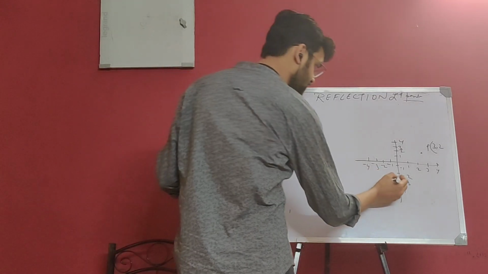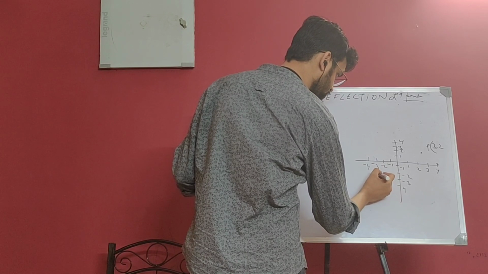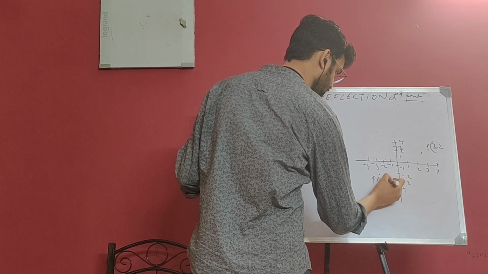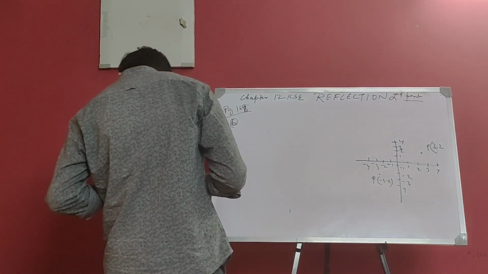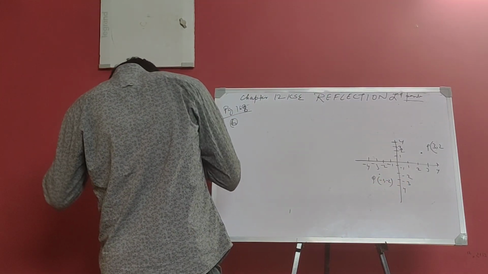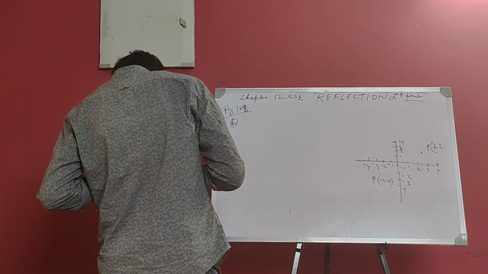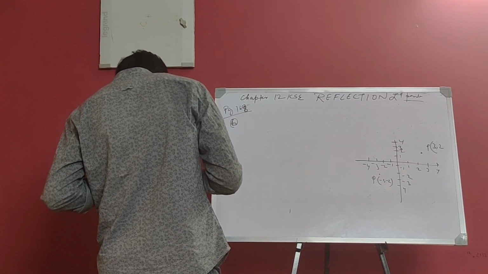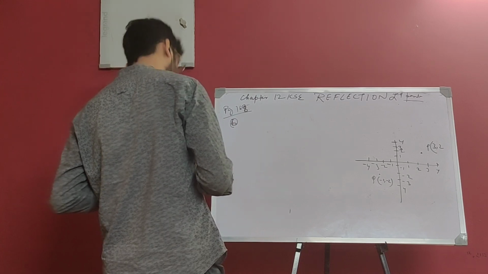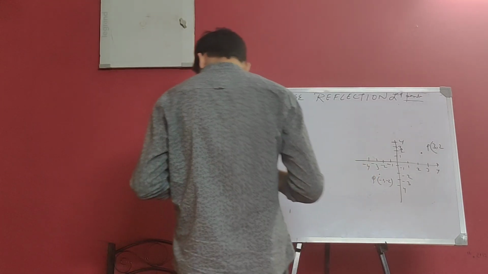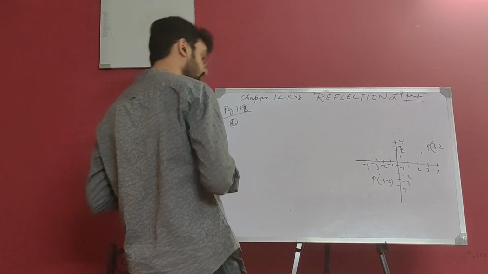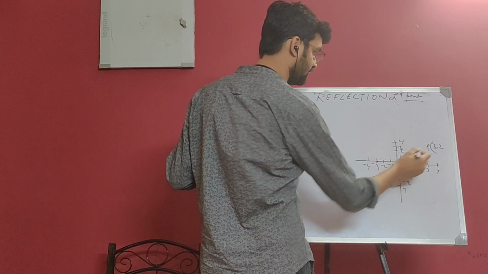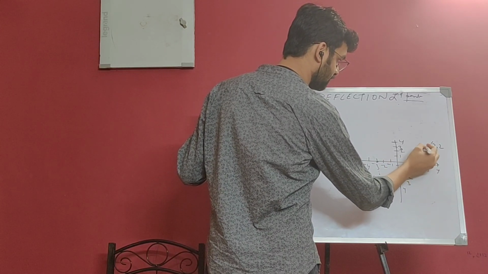So my value will be somewhere here, minus 3, minus 2. So this is my value of Q, minus 3 and minus 2. Okay. Now they are telling me to write the coordinates of points M and N when we draw a perpendicular on the x-axis. When we are drawing the perpendicular on the x-axis, what is the coordinate of M? See, if we draw a perpendicular, this is the coordinate of x, and for this it is 3, 2.